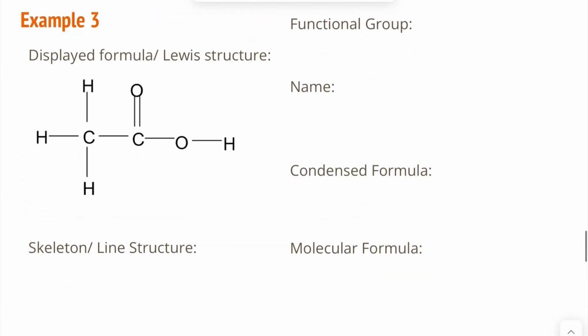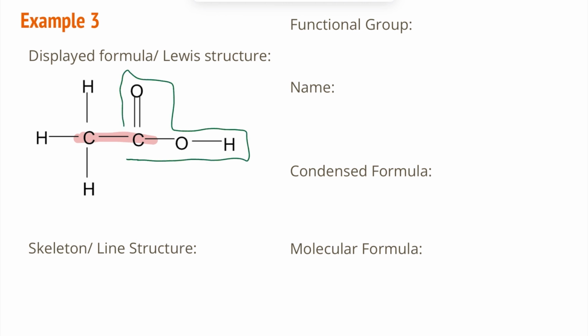All right, let's look at example 3. As we're looking at this, we have a chain of 2 carbons. What is different than those hydrogens? Well, this one has a double bonded oxygen and an OH. A double bonded oxygen is a ketone or an aldehyde. An OH is an alcohol, but when we put those together, that is our carboxylic acid. So we see this here. And so this is a carboxylic acid